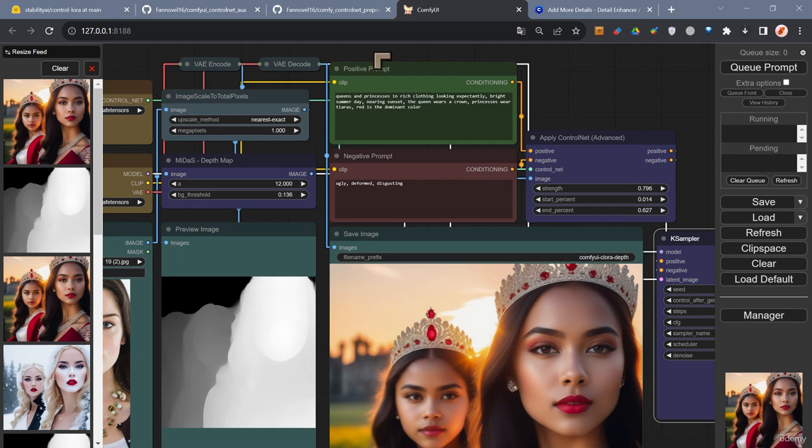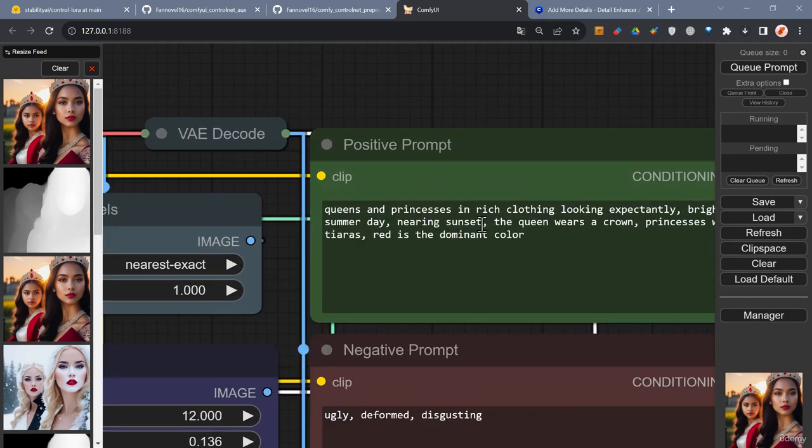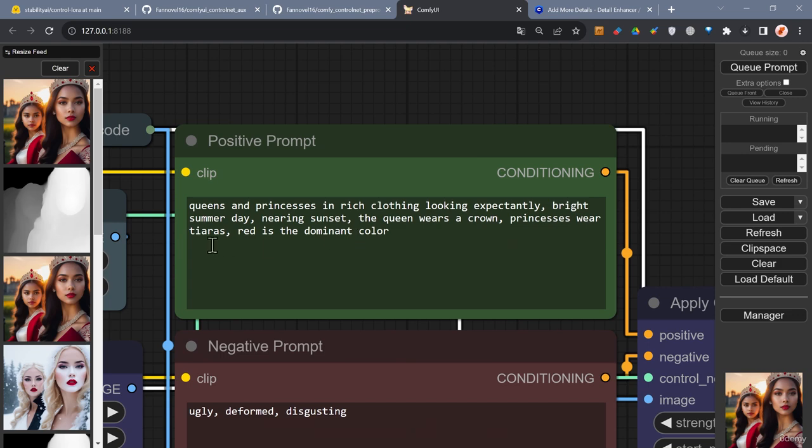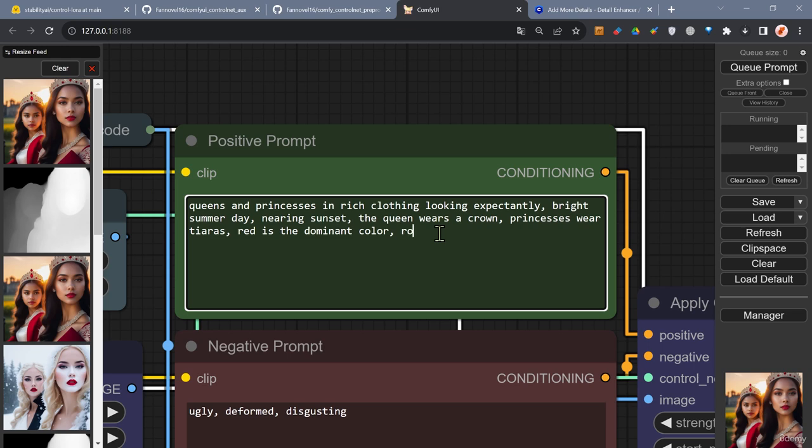Now the prompt I'm using here is: queens and princesses in rich clothing, looking expectantly. Bright summer day, nearing sunset, the queen wears a crown, princesses wear tiaras. Red is the dominant color. What I'm going to do is to say red robes. So we'll give them some robes, red robes, and photorealistic